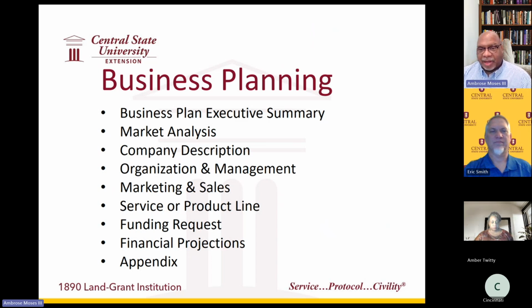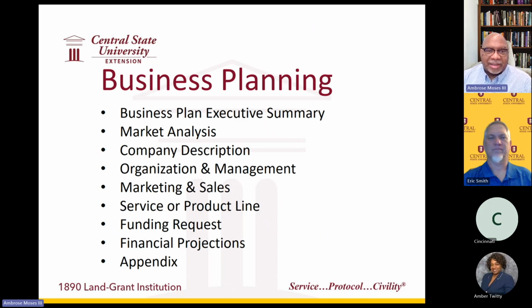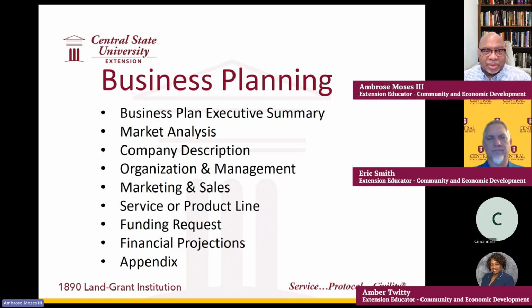Business plan executive summary, which we often hear is one of the first parts of the business plan, but is written last after you go through the remaining components here: the market analysis, the company description, the organization and management structure of the business, marketing and sales, because you have to know what your product is and or service, and how are you going to let others know about that? How are you going to distribute it to them? Your service or your product line,